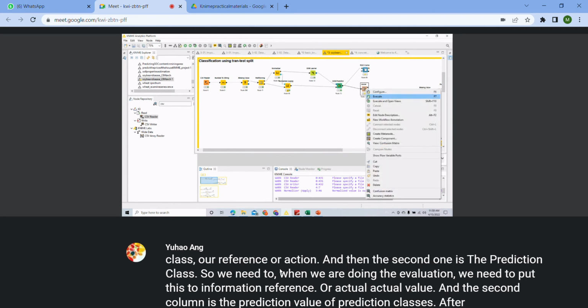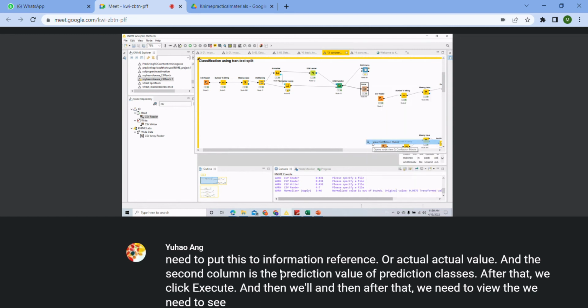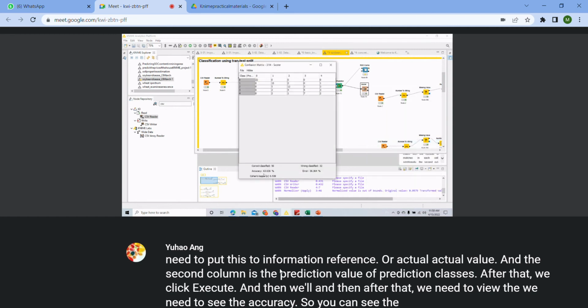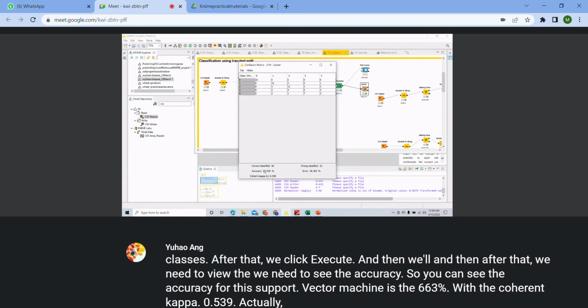After that, we click execute, and then we need to see the accuracy. You can see the accuracy for this support vector machine is 63%, with the Cohen's kappa 0.539. Actually, this is not so good. So that's why